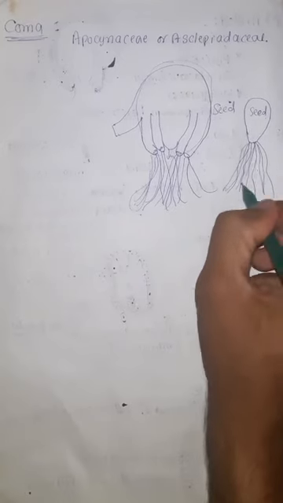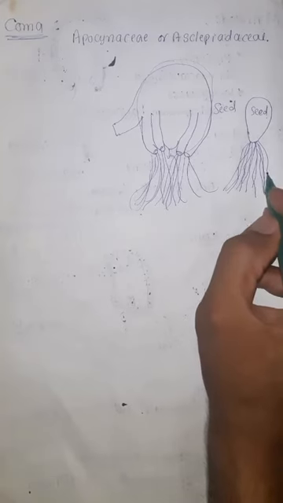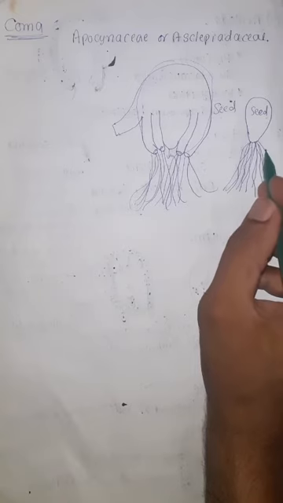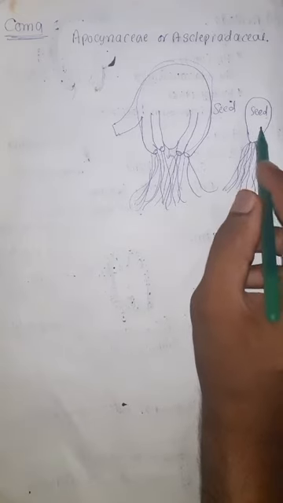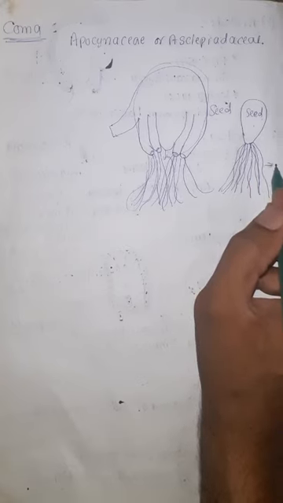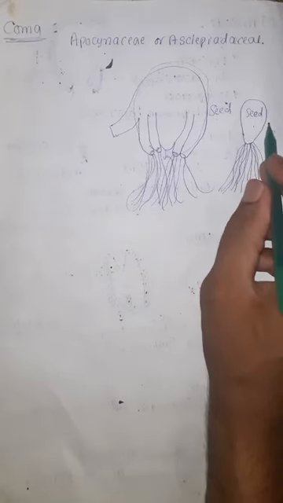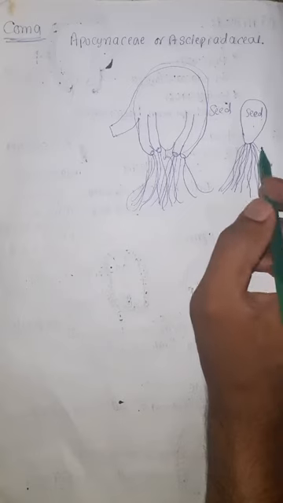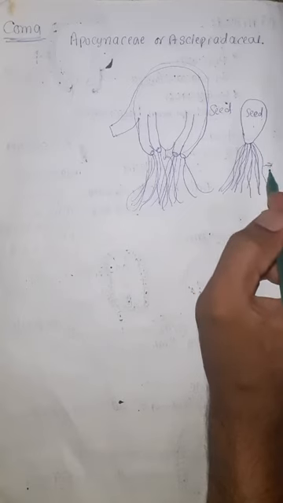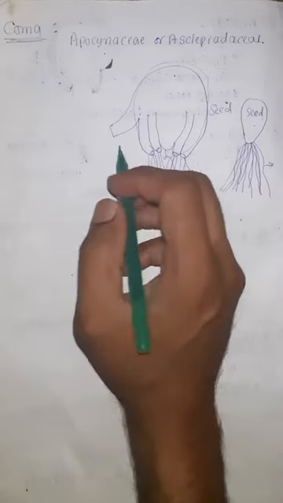What is the function of the coma? It is also useful for seed dispersal. This coma is very weightless, so it behaves like a parachute for the seed. Due to this coma, the seed is transported from one place to another through wind, and through this transportation seed dispersal takes place. That is the advantage of coma. The length of the coma depends on the plant species. This is about coma.